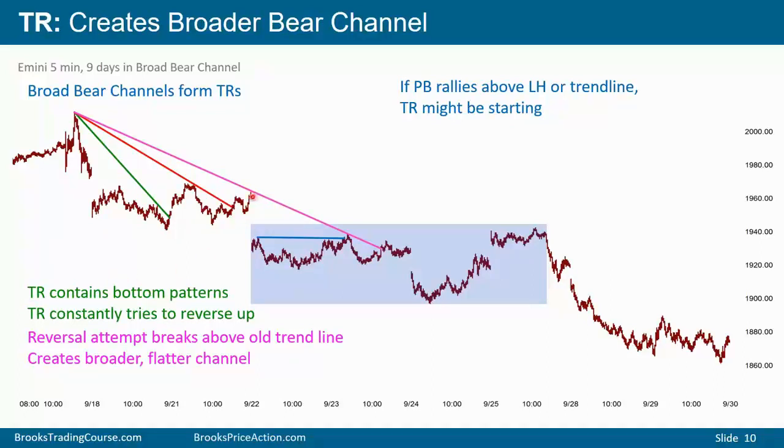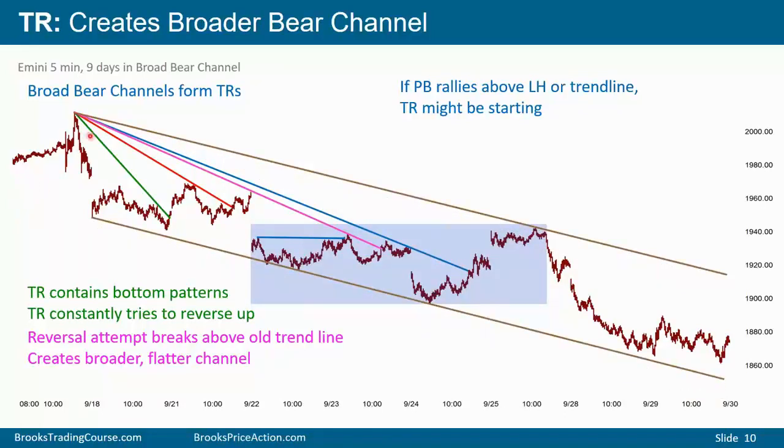The market rallied here, reversed down. You can draw a new line. Watch how the market behaves. Broke above the line here, reversed down. You can draw a new line, and you can repeat the process. Every time there's a trend line break, you draw a new trend line, and the lines become flatter. The trend becomes weaker and usually broader. Eventually, it transitions into a trading range.